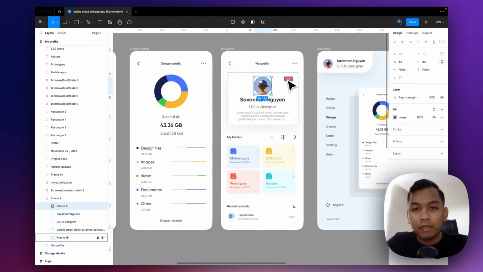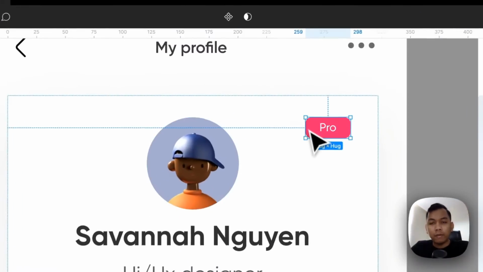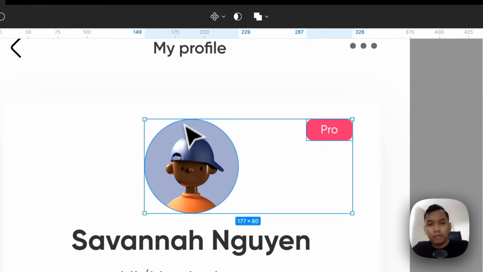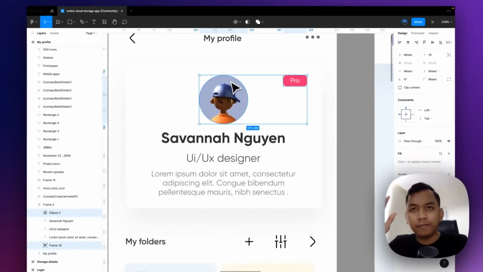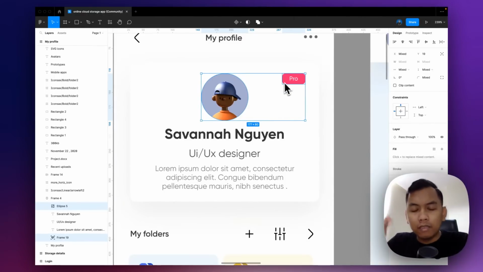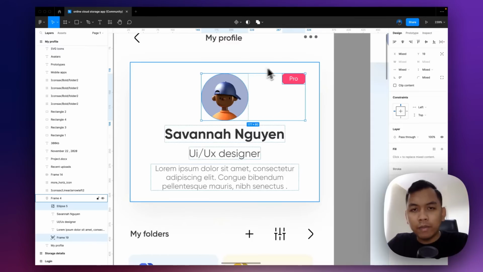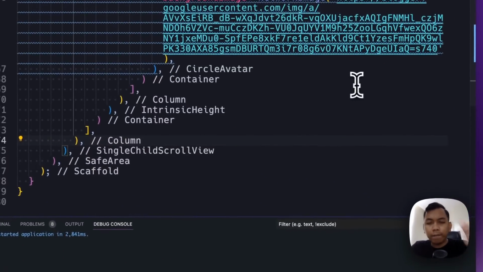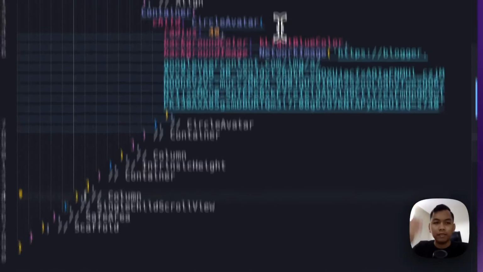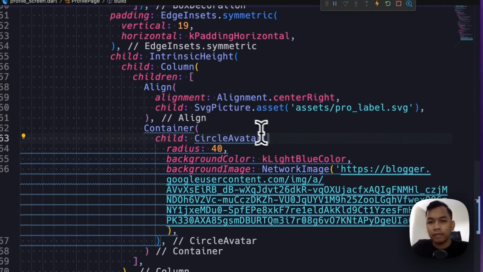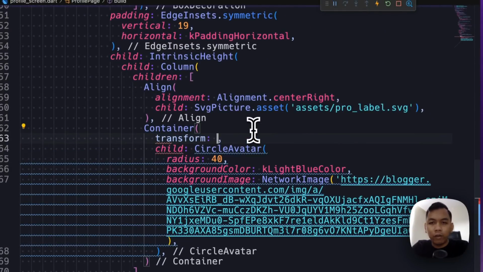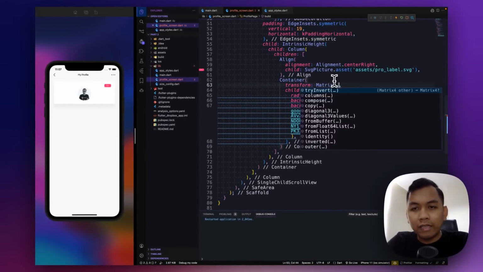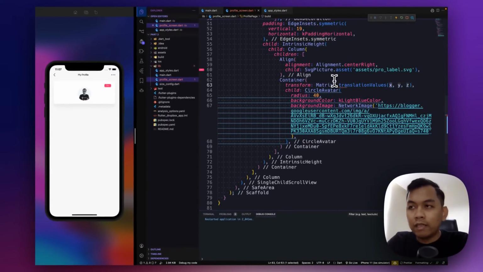And as you can see here, the pro label and the image are the same, justified. It means we need to move our image using a Transform here, and we need to call Matrix4 and then translation value. The x value will be 0 and the y value will be minus 18.